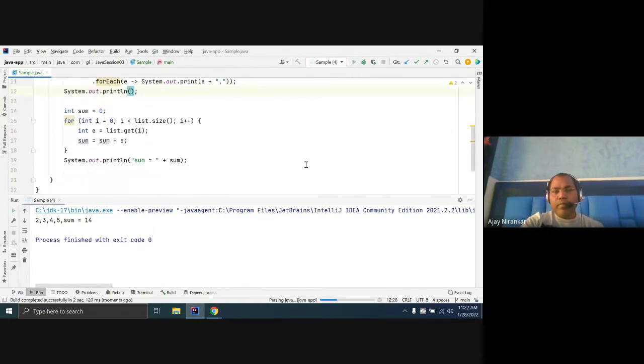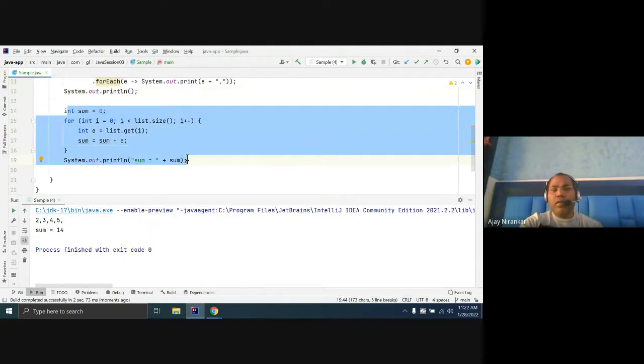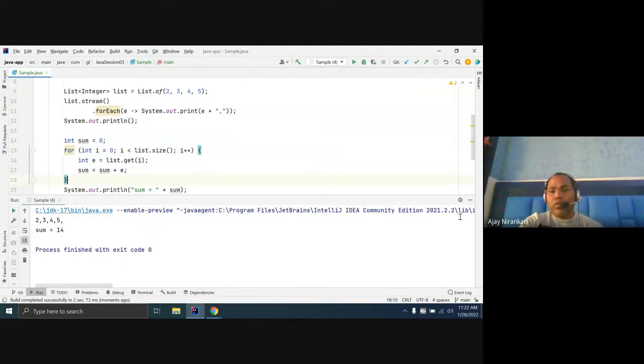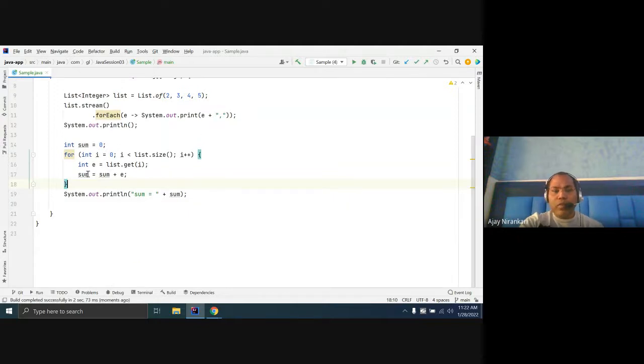Now I want to perform the same operation with my reduce function. If you observe this code, you are doing just one binary operation. From the list, you get one element and add it to another variable, and when all elements are covered, you come out of the loop and print the sum. This can be thought of as a binary operator.